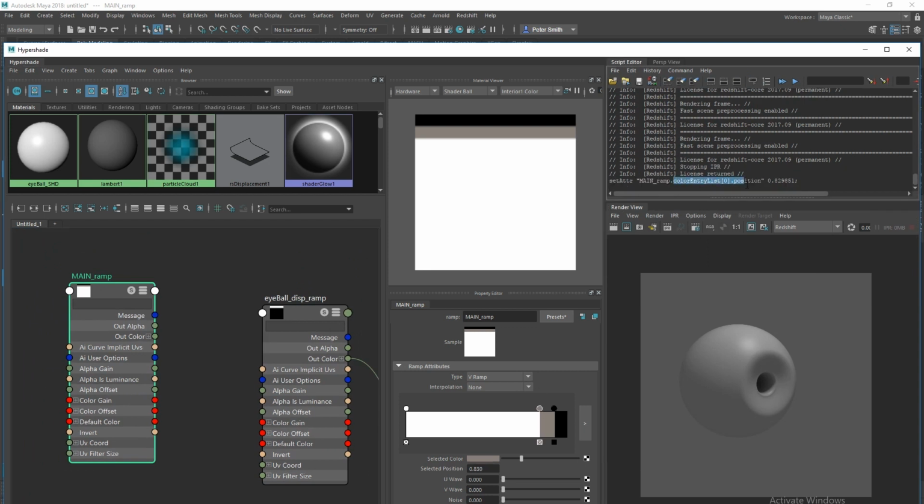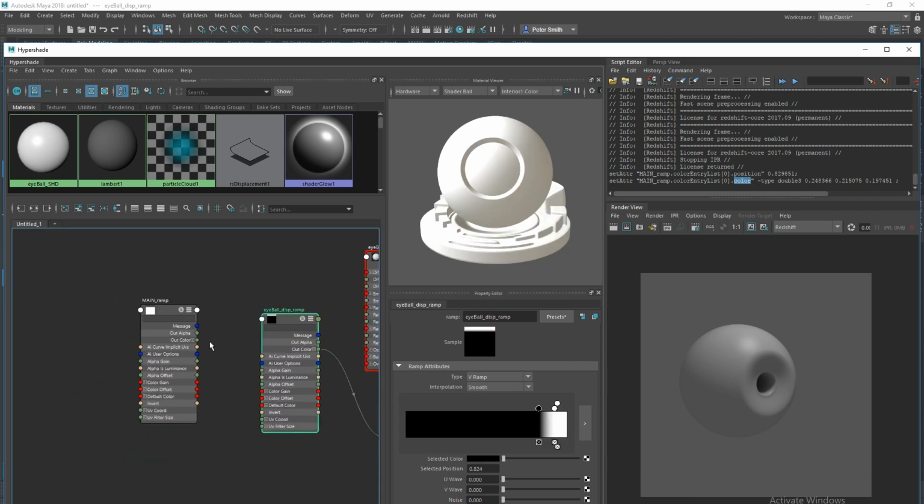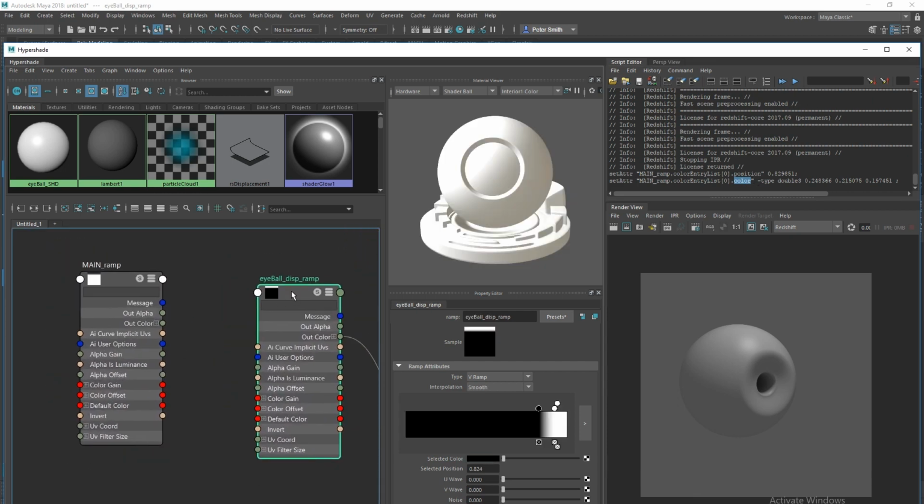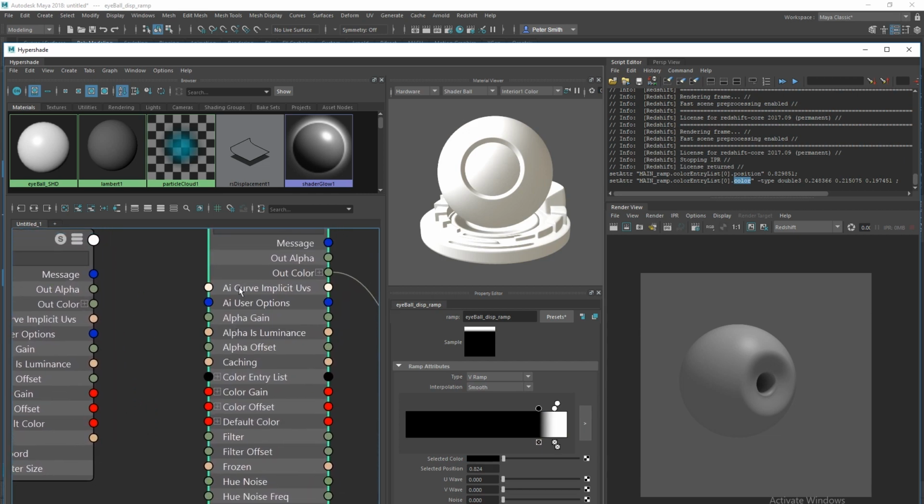color entry list position. And for example, if I change the color, you see here main ramp color entry list color. We need to find these two attributes, and by default they are not shown here. But what you can do is to right click and say show all attributes. You get a really long list. Almost at the top actually you can see this black input here called color entry list,